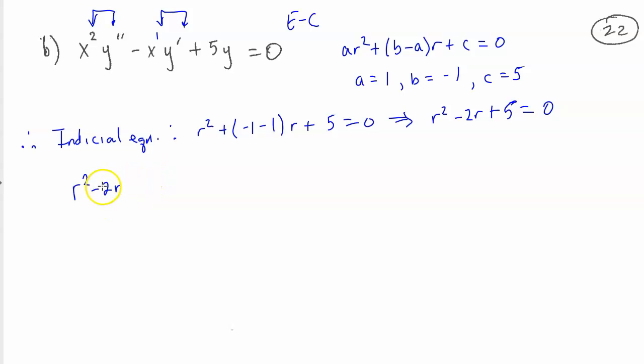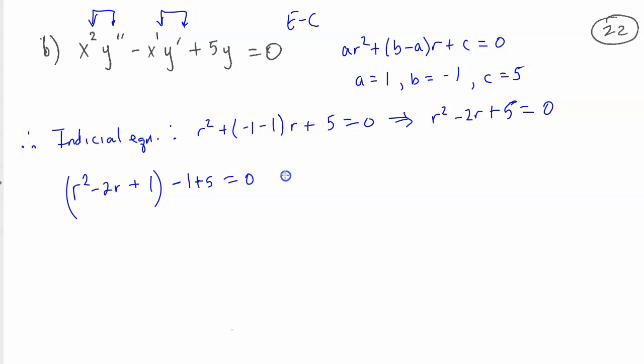So I would take whatever this number here is, which is -2, divided by 2, which is going to be a -1, and square it, which is just 1. Okay, so I'm introducing this to force a perfect square here. But if I add 1, I have to subtract 1 as well to balance out what I'm doing with the